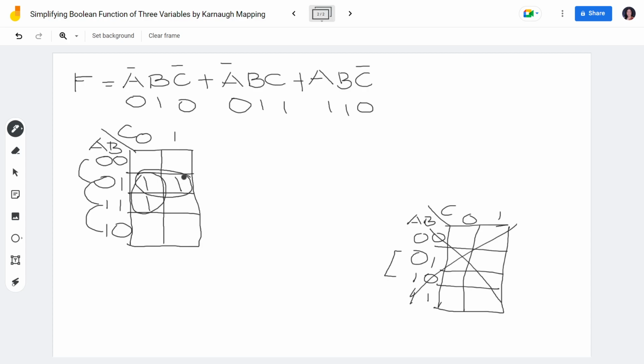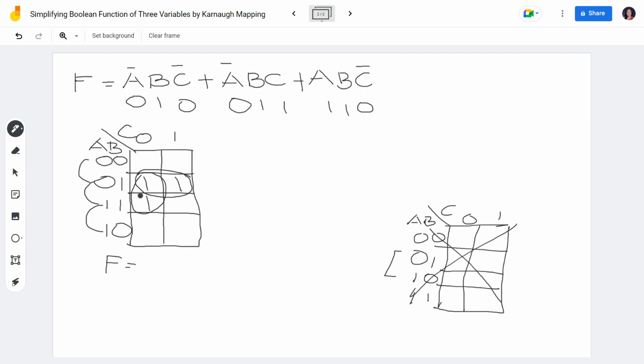Maybe the question: what if I'm not going to put an overlap here? So let's have a demonstration. But first, this is actually the correct form for the Carnot map. So let's read. Okay, to read the values for the new terms, we have to take note which of them is common for the sides of A and B and C.